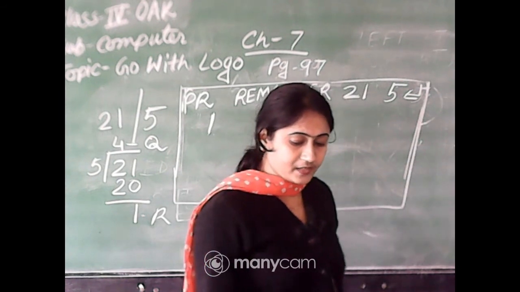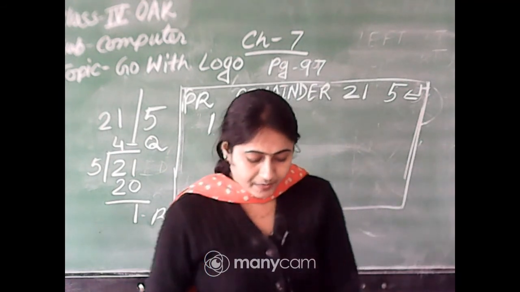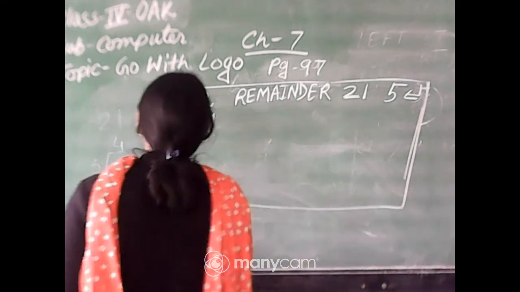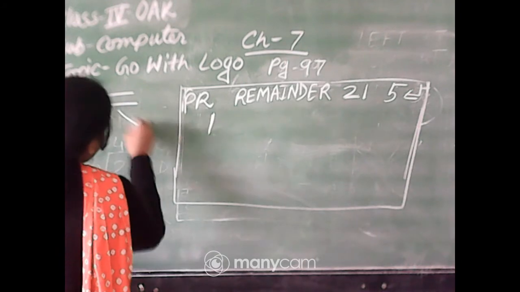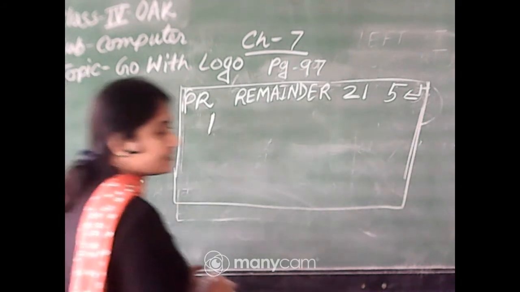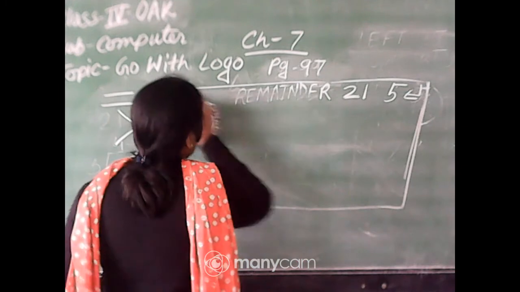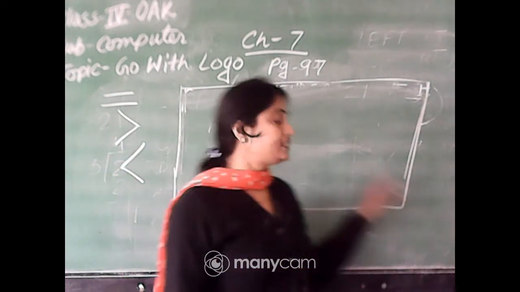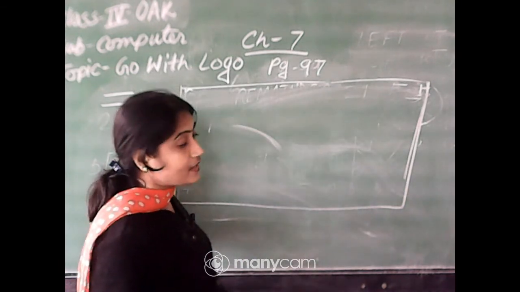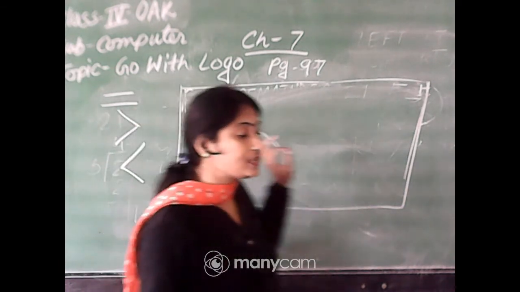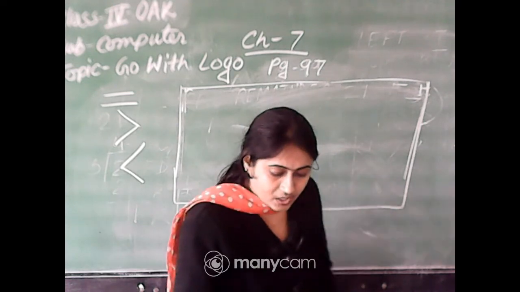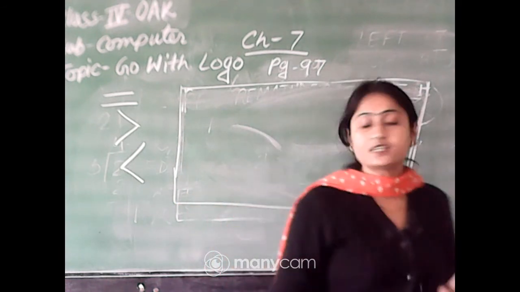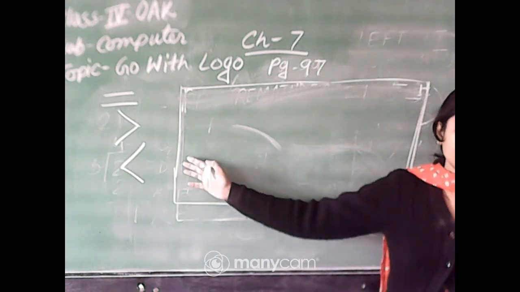Okay. Now, print with the logical operator. Which are the operators? Equal to is an operator. Greater than, equal to, and less than. These are the logical operators. Greater than, less than, equal to, these are called logical operators. Logical operators are used to compare two numbers. We use these operators to compare two numbers.